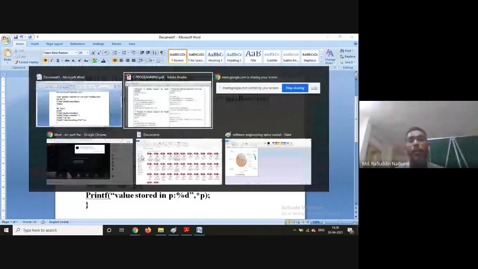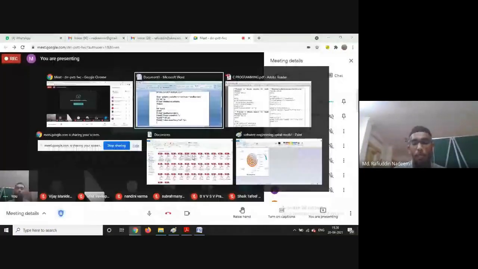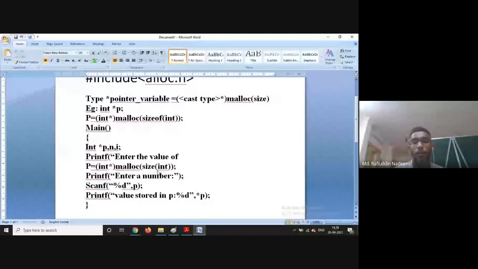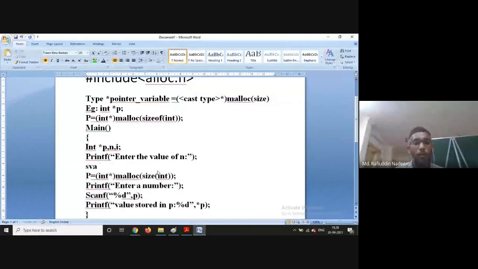Now, before I allocate the memory, I am going to ask: enter the value of n. And scanf %d, comma, ampersand of n, and the value is obtained.